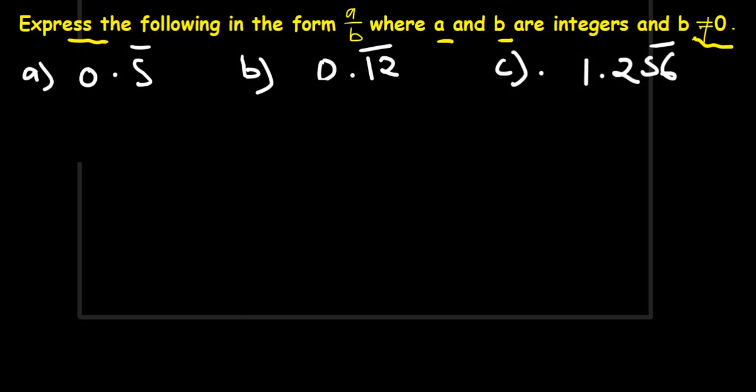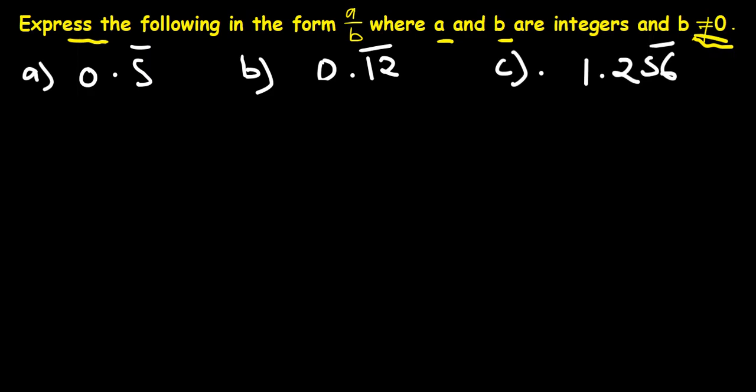Okay, so express the following in the form a over b, such that a and b are integers and b is not equal to 0. So we are looking at question C here. What are we going to do? We notice that on question C, we do not have the repeating part immediately after the decimal point. So that will be x is equal to,